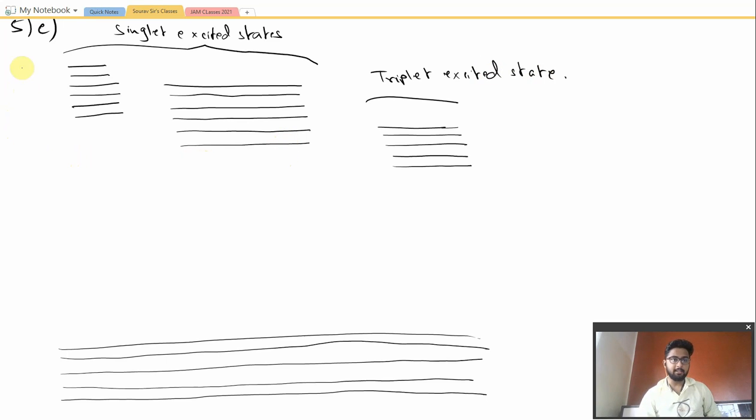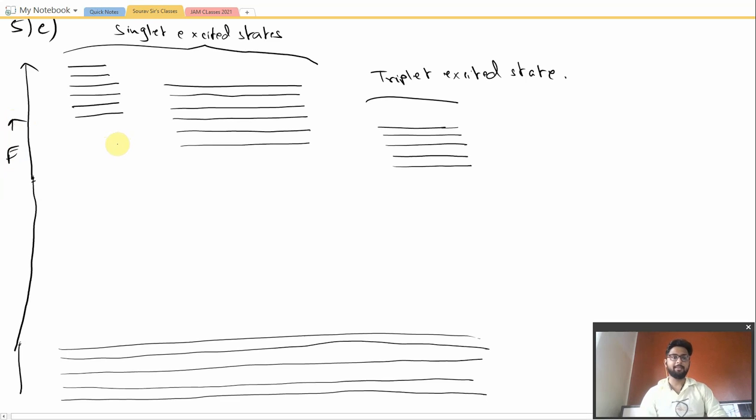Okay, so now let me draw. Firstly, this is the energy axis. I just forgot to write that. Excuse me for my drawing. It is quite difficult to draw a laptop with a pen tablet like this. If you do it yourself, you may understand. Let me draw firstly the absorption diagrams.